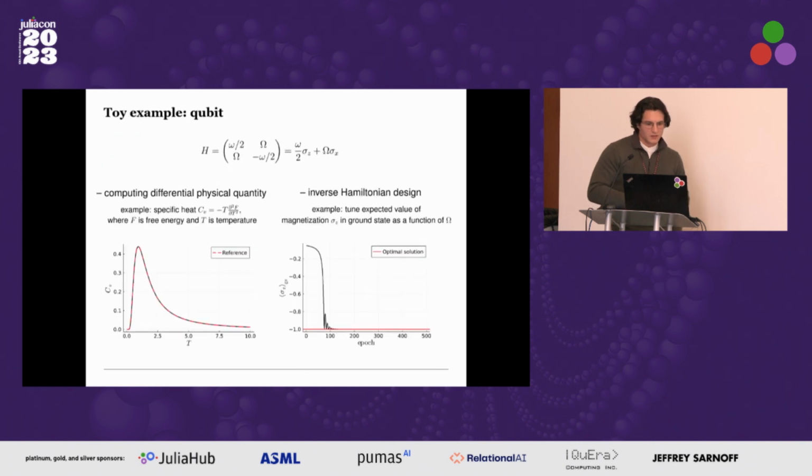As a toy example, we can again consider our qubit, and for example, we can compute a differential physical quantity, the specific heat, which corresponds to the second derivative of the free energy with respect to the temperature. Another example would be to perform inverse Hamiltonian design. Here we optimize the expected value of the magnetization in the ground state as a function of the external field strength omega using